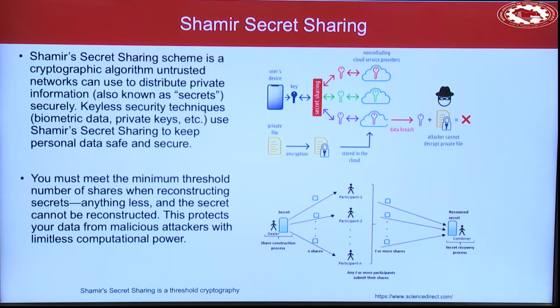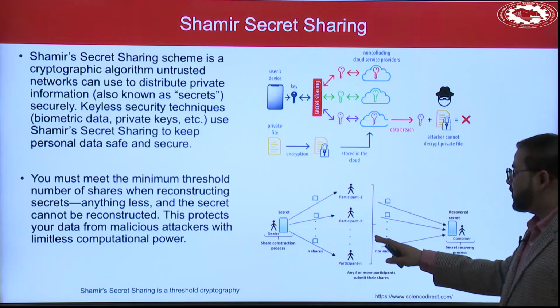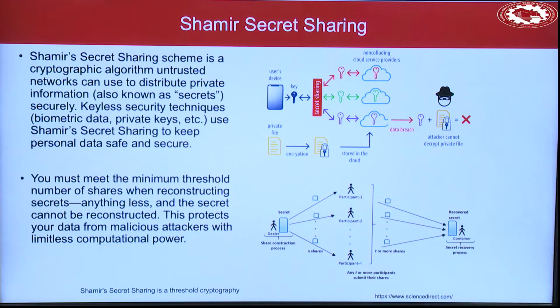But then this algorithm also has this property which says if I divide a secret into n shares, and I get any t number out of n, I can reconstruct the original. What does it mean? So, this algorithm allows you to reconstruct the original secret despite the fact you don't have all n shares.